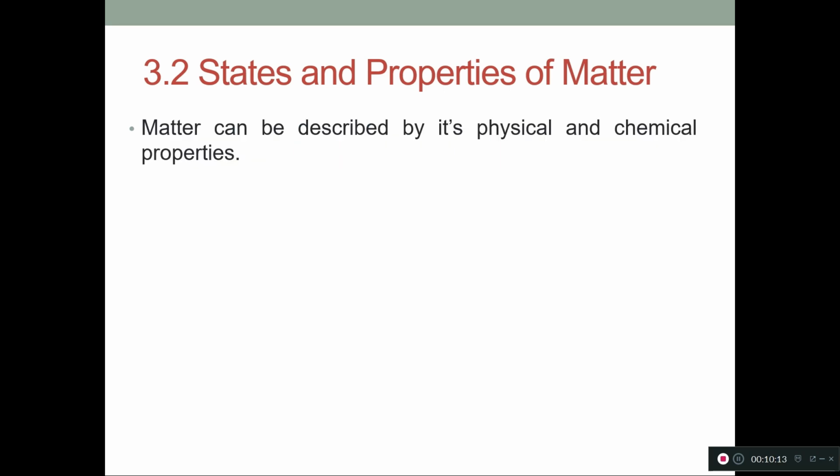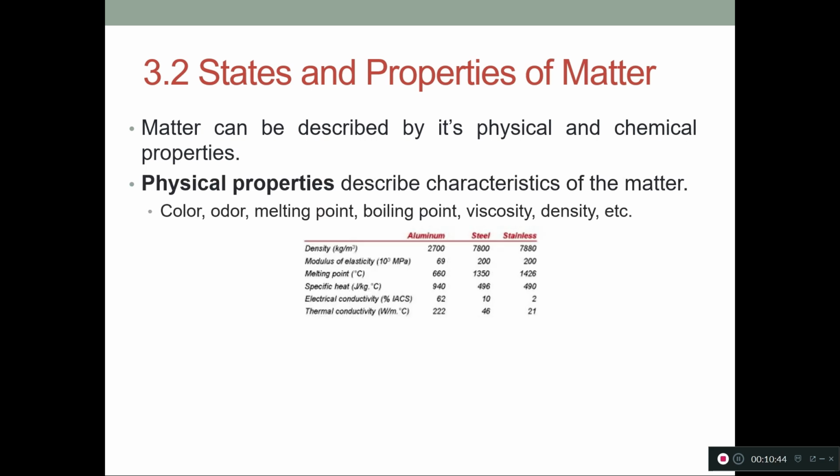And so matter can also be described by its physical and chemical properties. So this is sort of a step up in generality from what we were just talking about, because what we were just talking about were called physical properties of matter. But we can think of this in terms of physical and chemical properties of matter, where the physical properties describe characteristics of the matter, so things like color and odor, and then the specific temperature at which something melts or boils,